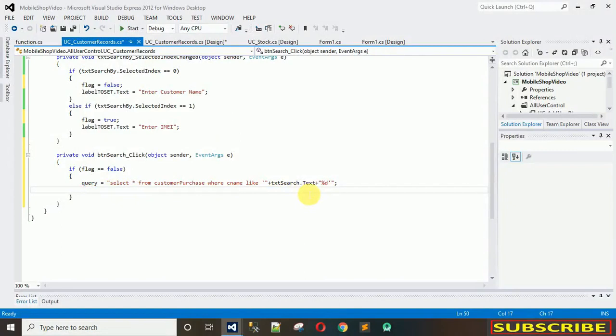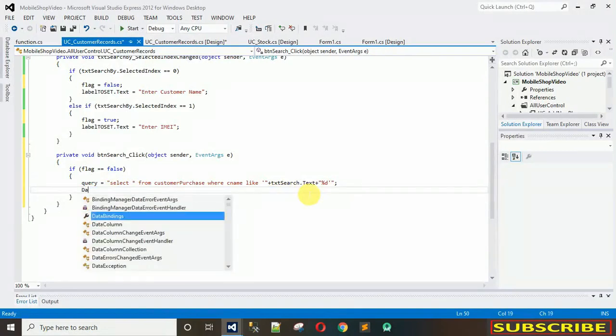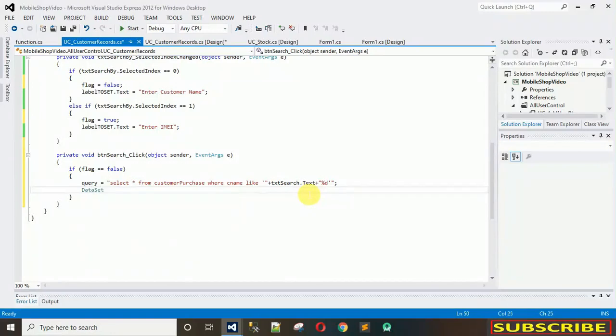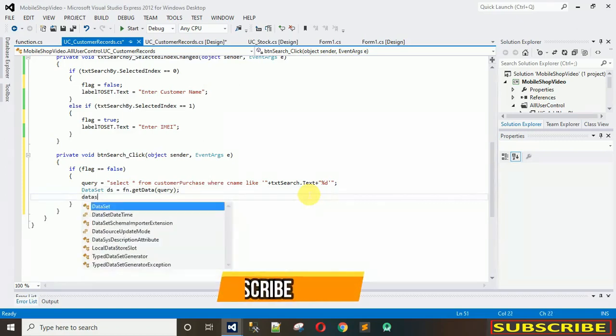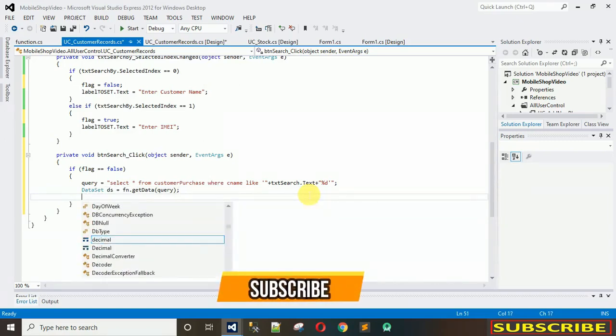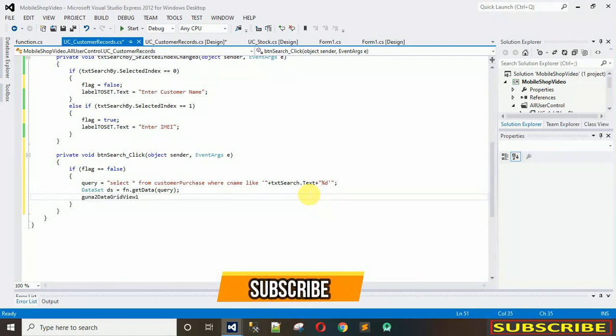And now what we have to do is write data set ds is equal to, and I'm going to use that get data method. Inside this I'm going to pass the query, and after this we have to set that value to the data grid view. So our data grid view name is the data grid view dot data source is equal to ds dot tables,